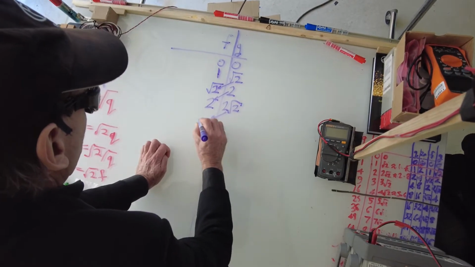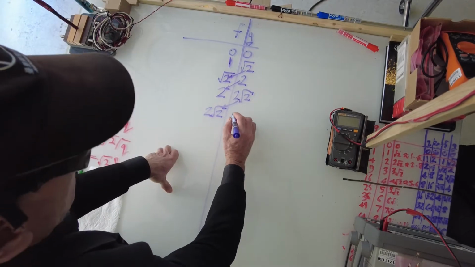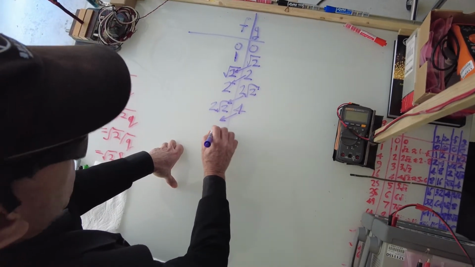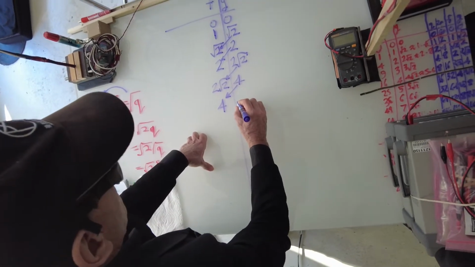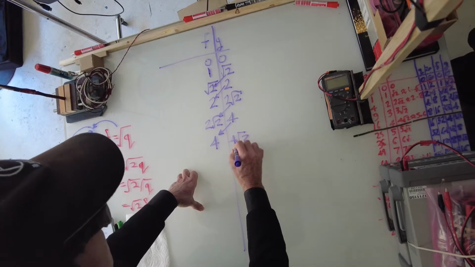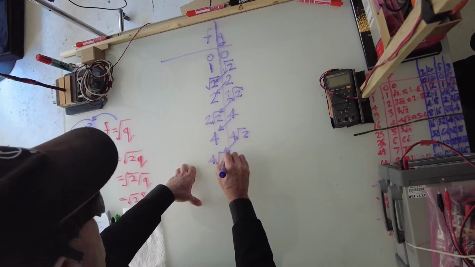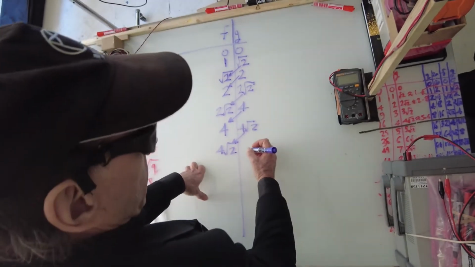Then we move the 2 root 2 here, and this becomes 4, and then we move that 4 over here, and this becomes, again, 4 root 2. Move 4 root 2 over here, and of course, when you move the 4 root 2 over here,